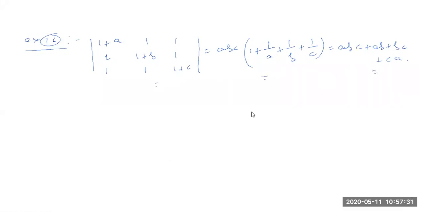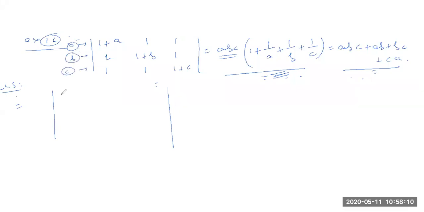So to prove this, if we want to bring the abc term outside, just see one thing. We are considering this one right now, because this value and this value will ultimately be equal, they are already equal once we simplify. So right now we are just focusing on this result, on how we can get it. To get this result, we need to get abc outside. So to bring abc outside, we'll take A, B, C respectively common. From this R1 we can take A common, from this we take B common, and from this we take C common.